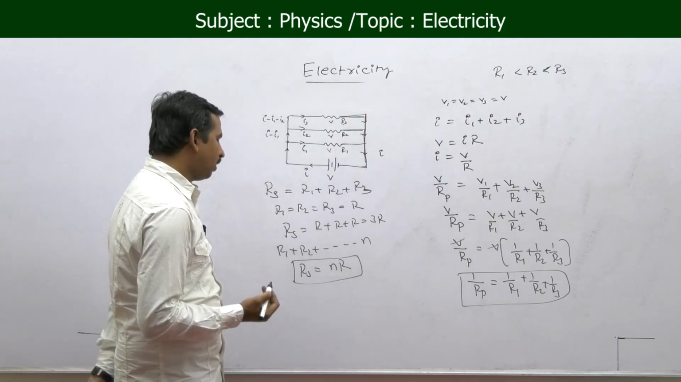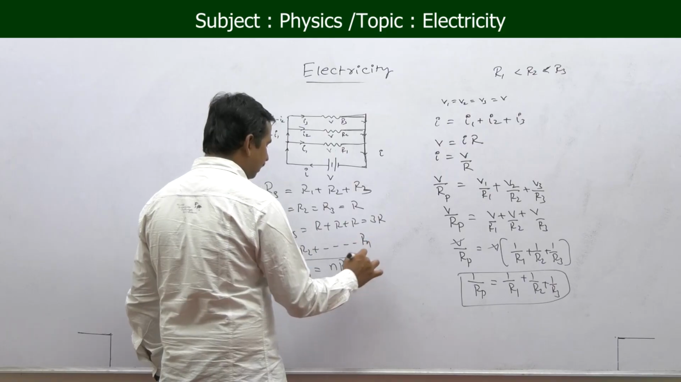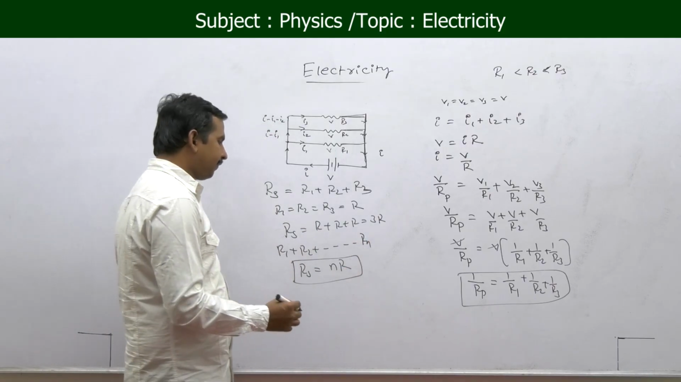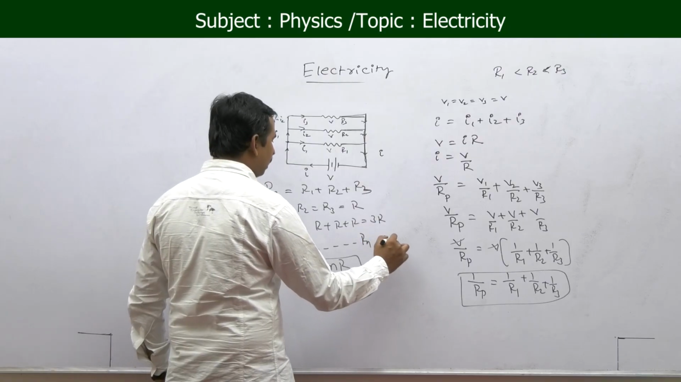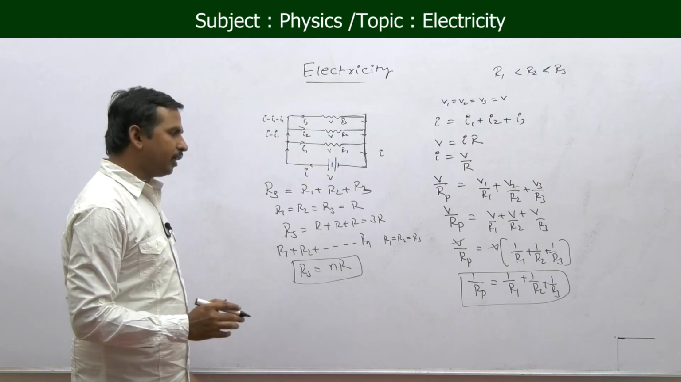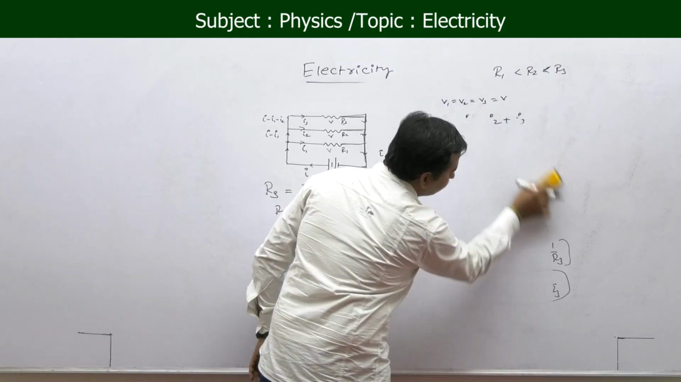That is nR. Like this, if you are taking up to n resistors, then the resistance becomes nR, that is, if R1 equals R2 equals R3. And in the same way, if you are taking the case of parallel connection, then in this case,